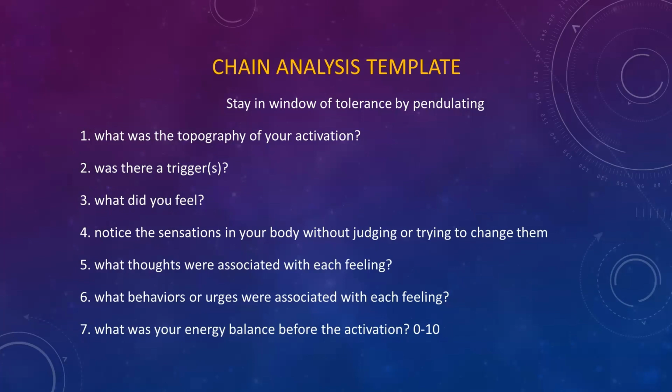Having completed these columns of the chain analysis, Sam reflected on the thoughts that had accompanied her feelings. She liked her space and doing things on her own or with her friends. She could only spend so much time with Steve, particularly now that they were living together. He seemed to want to spend more time with her than she did with him. She felt suffocated and did not want to lose her independence. After the initial irritation, Sam started to feel guilty. Her thoughts were that Steve was a nice guy. He was always doing things for her and cared a lot about her. His family was close.